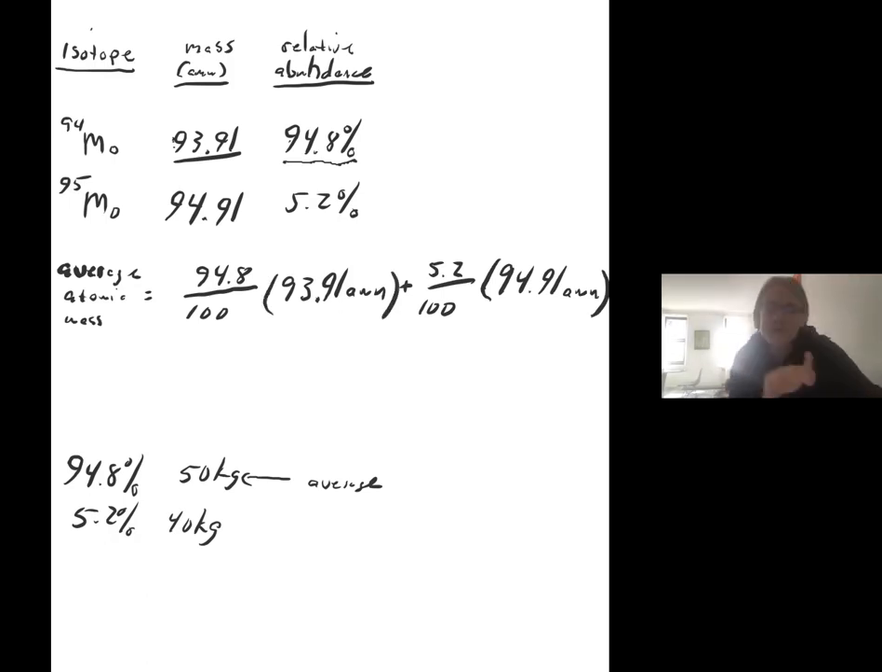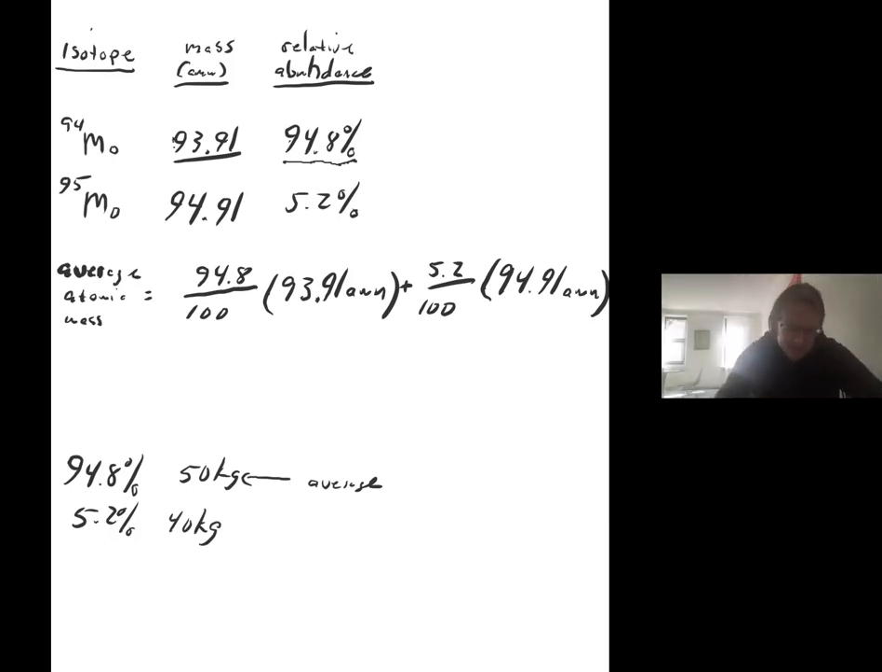Now, the examples they give you in ALEKS only have 2 isotopes, but other elements have 3 or 4 isotopes, but I don't think they give you any that have 3 or 4. But if you had 3 or 4 isotopes or 5, you just do the same thing. You add each one together. You take the percentage out of 100 times the atomic mass for that isotope, and then just add them all